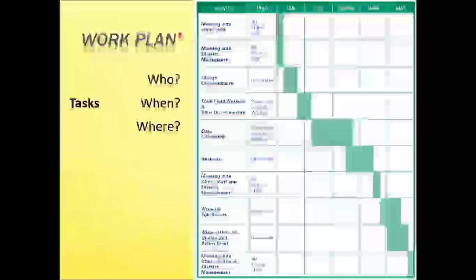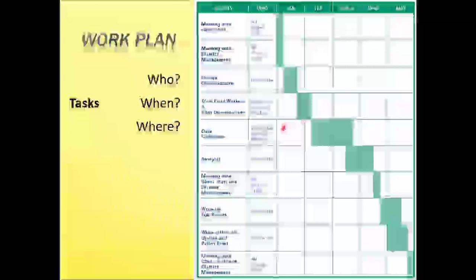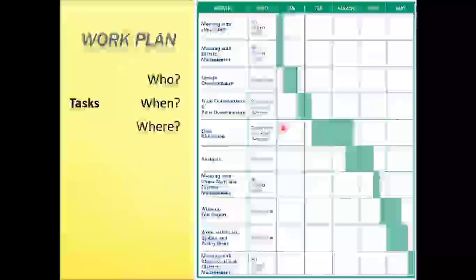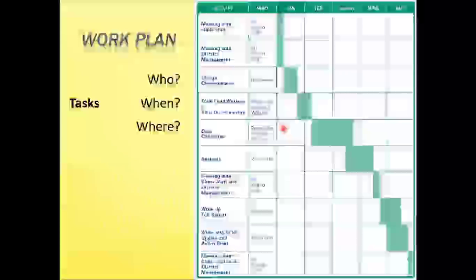This is one thing that is known as the Gantt chart. This is another thing that you need to do. You make up a plan of maybe 6 months or 1 year for how you are going to follow up a particular protocol and what you are going to do. So it is like a work plan where you designate tasks, who will be responsible, when this particular task would be done, and where this particular task would be done.